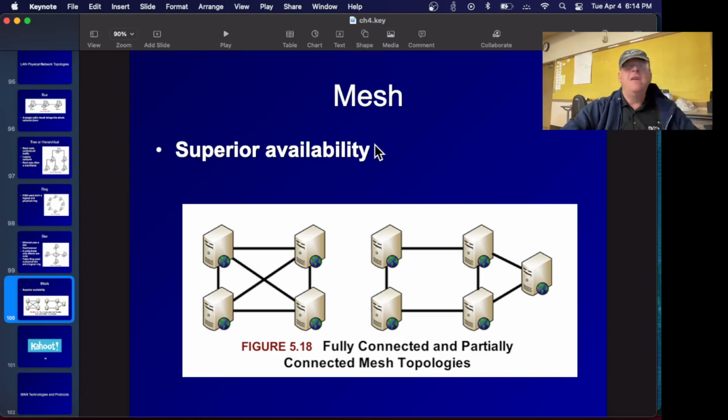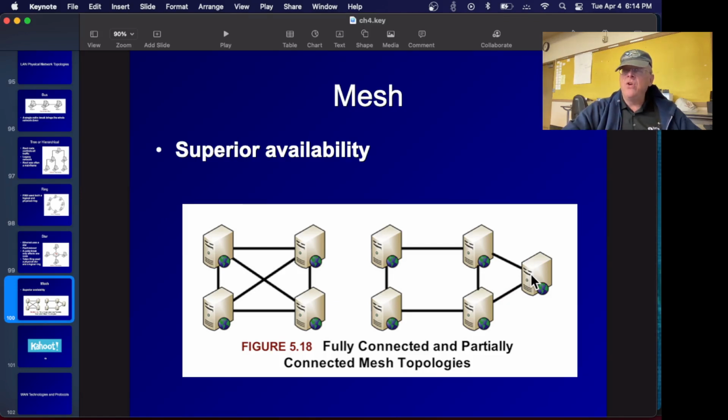And what you have on the large-scale internet is a mesh. A full mesh is where you have every possible connection, and you cannot do that with any large number of nodes. It becomes a ridiculous number of connections. And here's a partial mesh where you have more than the minimum number of connections. So if one breaks, most of the time you'll be able to find a way around.